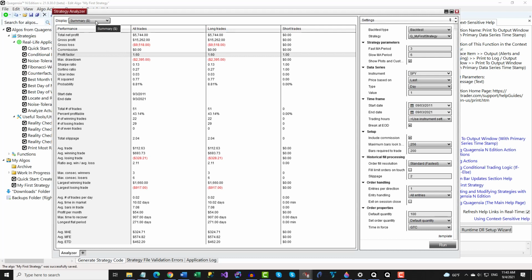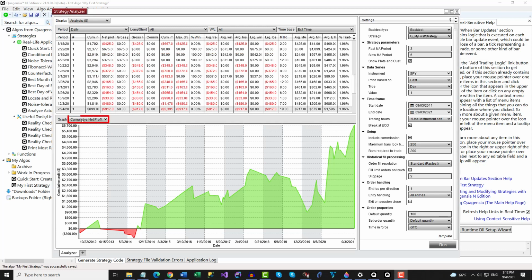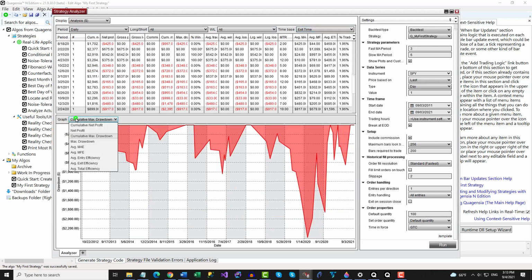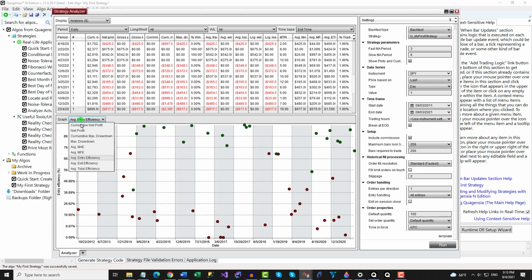Now, let's look at the cumulative net profit of our strategy over time by choosing Analysis in the drop-down list in the upper left-hand corner of the Strategy Analyzer. Then, set the Graph drop-down list on the Analysis screen to Cumulative Net Profit. As you can see, while our strategy was profitable, it did not perform particularly well until near the end of the backtest period. The Analysis screen contains a wealth of information about the backtest results of our strategy. When we change the values in the drop-down lists in this screen, we will get entirely new reports that will shed much light on the backtest results.